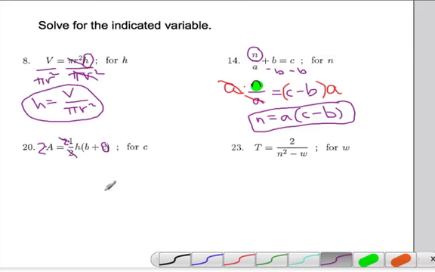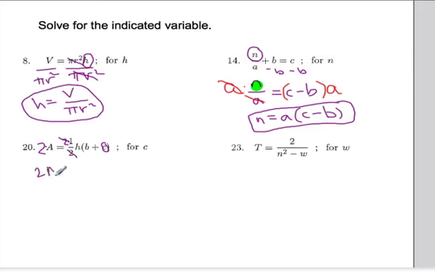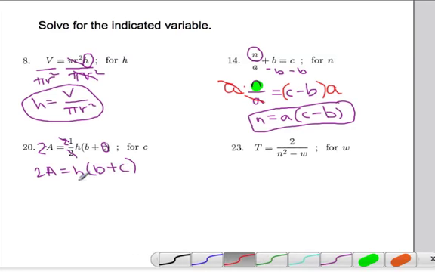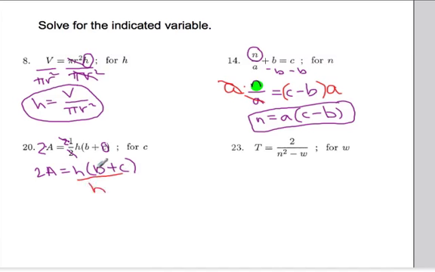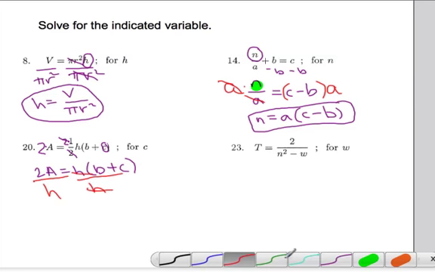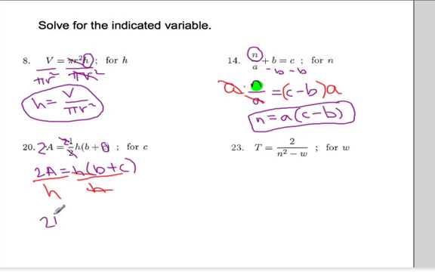All right, let's see what we've got now. So now we have 2A is equal to h times (b plus c). Now still can't do anything for this c right now because there's this h there. All right, well, let's get rid of it. And you could multiply this in, but you don't have to. Just get rid of it, right? The faster you get rid of stuff, the better it is. So here's 2A divided by h